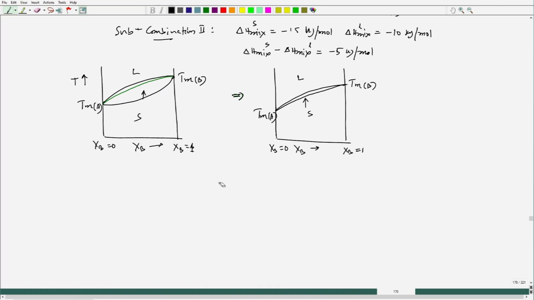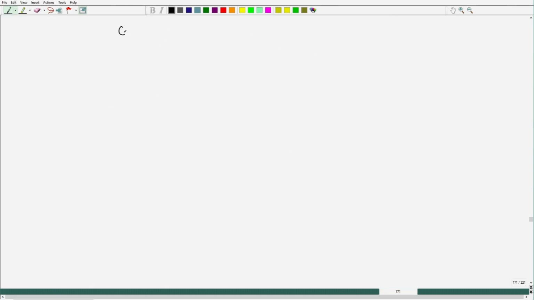So, we have seen two sub combinations, and we see how to show the stability of a solution in a phase diagram when the difference of del H mix values of solid and liquid solutions is not very high negative. Okay. So, now if you see the main combinations, that is 4 combinations, the fourth combination, if I try to look at combination 4,